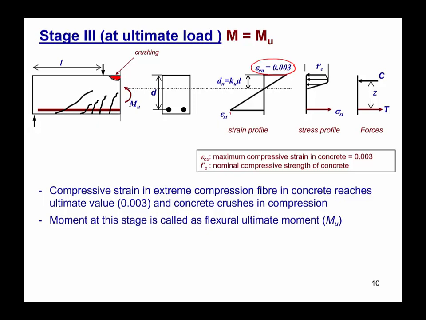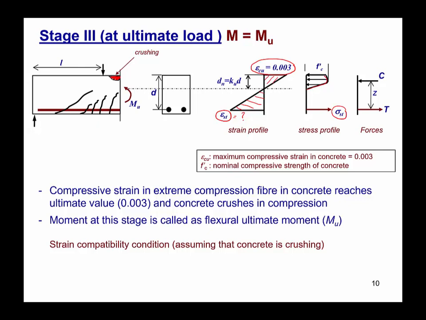At this point the steel strain is epsilon ST, and the steel stress is sigma ST as shown before, and again the stress profile in the concrete is nonlinear as shown here. The moment at this stage is called the flexural ultimate moment capacity of the beam. Now we can find out the strain in the steel at this failure point by using the strain compatibility equation,